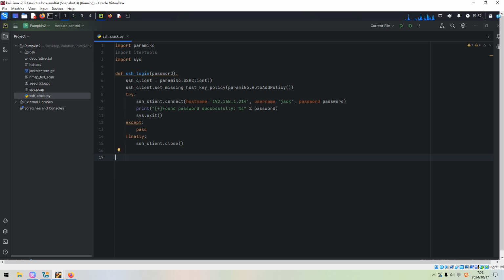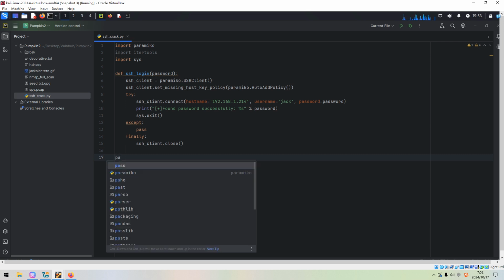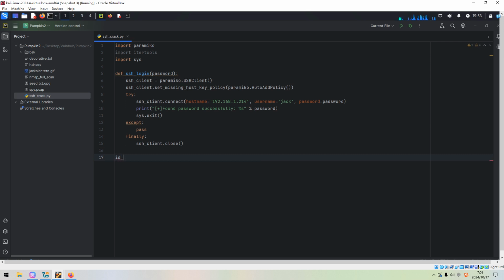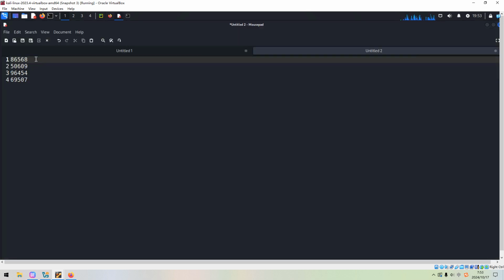Now, first of all, we need to create the password or the ID list, and this we have already. We can use it to generate the list.